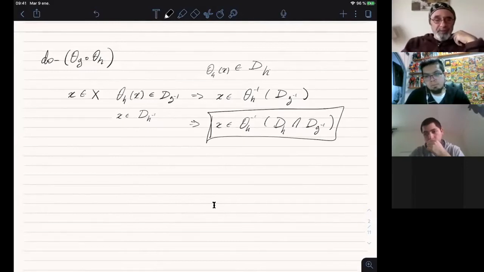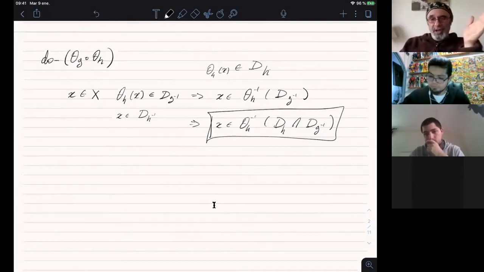So you just have to stop the definition at the middle somehow. You say that the domain of S times T is the points in the domain of T, which is at the right, such that applying T, you arrive in the domain of S, and you cannot say anything more about this. But in your case, Diego, you succeeded to go on with the computation and to get a